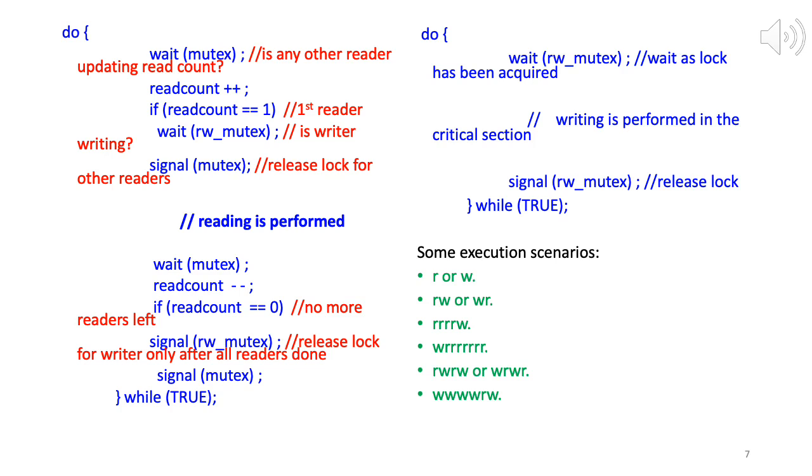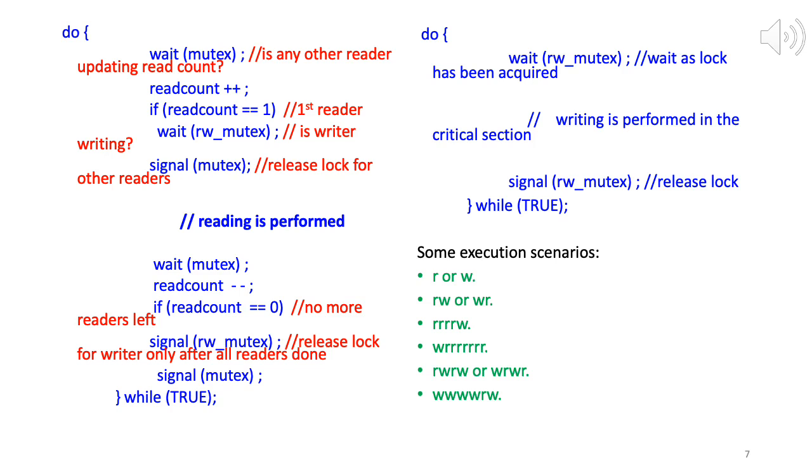First reader comes in. So note here we are only talking about the read write mutex lock. The mutex will work fine, no problem. So the first reader comes in, does a wait on the mutex, acquires the mutex lock, and does read count plus, so read count is 1. So now it does a wait on the read write mutex, and it acquires that as well. It releases the mutex lock, does the reading. Now the first writer that comes waits on this read write mutex. And then the reader again acquires the mutex a second time. The reader does read count minus, so now read count is 0. Now it releases the lock which the first writer can grab.